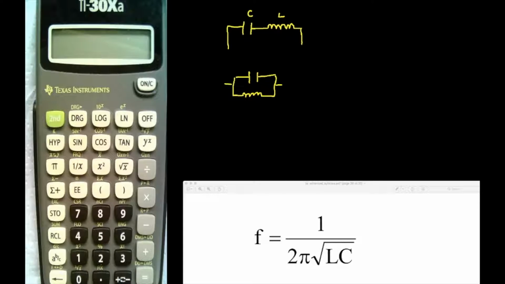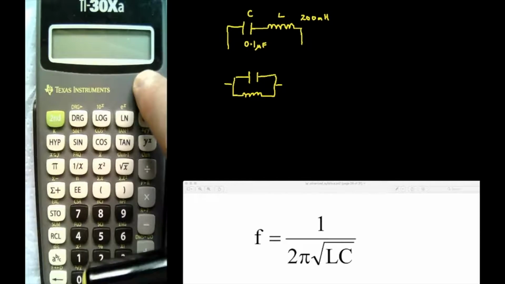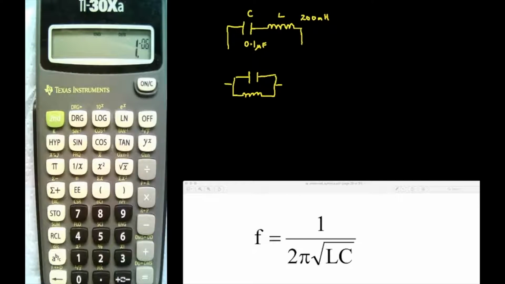So let's put some values on C and L. Let's put in 0.1 microfarads for C, and let's put in 200 millihenries for L. So we go to the calculator, switch it on, and it's